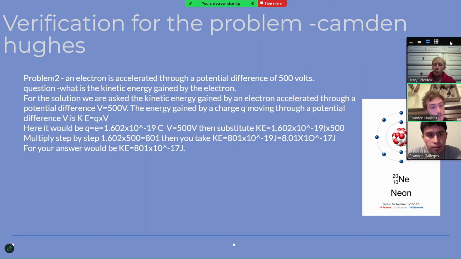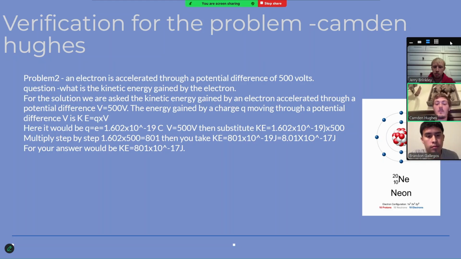For this one, the electron is accelerated through a potential difference of 500 volts. Question: what is the kinetic energy gained by the electron? For the solution, we were asked the kinetic energy gained by the electron accelerated through a potential difference of 500 volts. The energy gained by a charge Q moving through potential difference V is KE equals Q times V. Here Q equals e equals 1.602 times 10 to the negative 19th, and V is